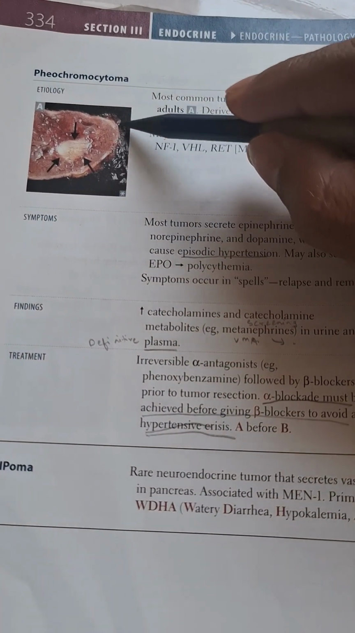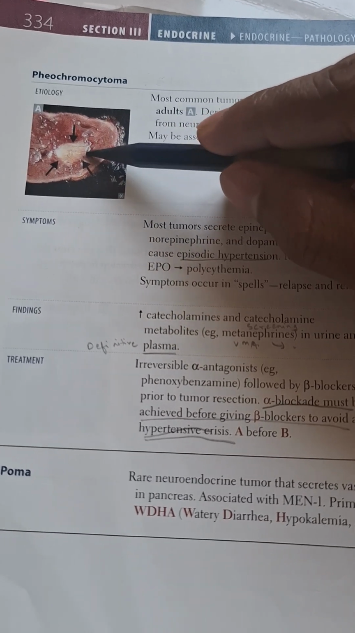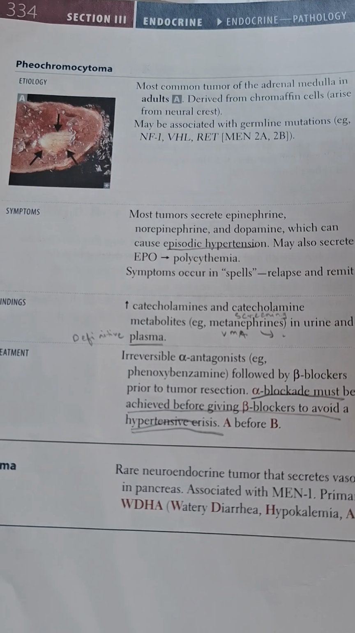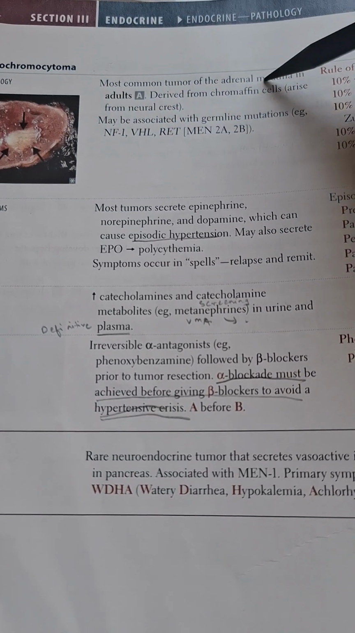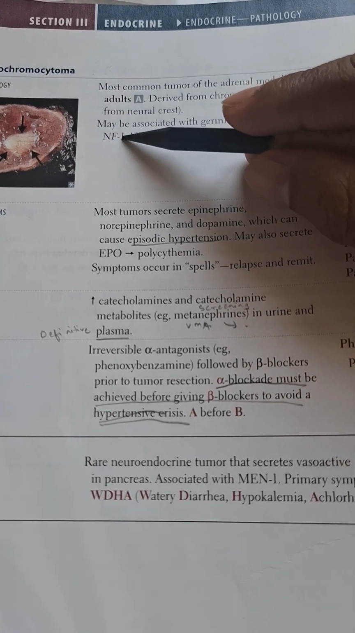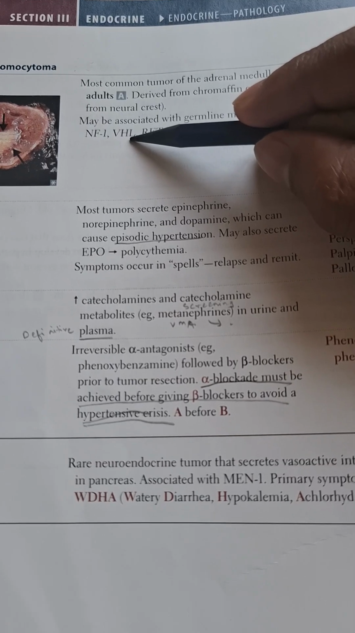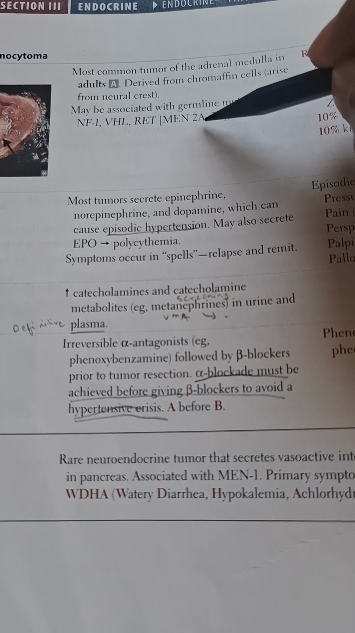Suppose they can also give you a picture like this and ask you the diagnosis, what is this? Most likely it could be pheochromocytoma. They are derived from the chromaffin cells. Also they are associated with NF1, which is neurofibromatosis 1, VHL, von Hippel-Lindau syndrome, RET gene, and MEN2A and